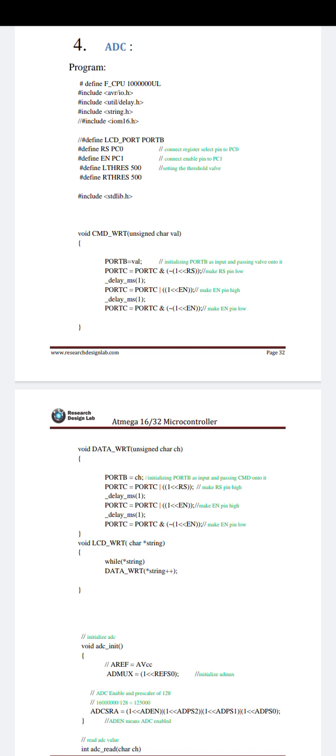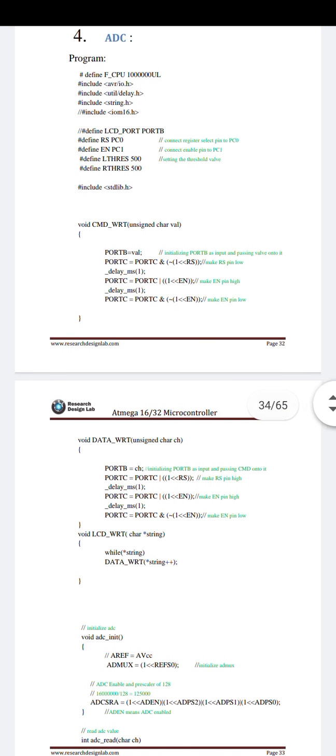#include <avr/io.h>, #include <util/delay.h>, #include <string.h>. String, that means we send only string messages in this form. #include <lcd16.h>.